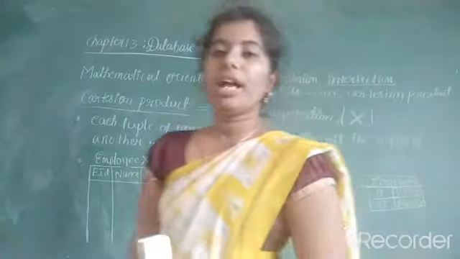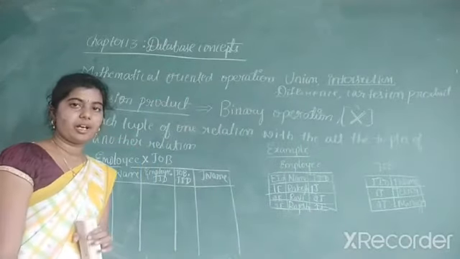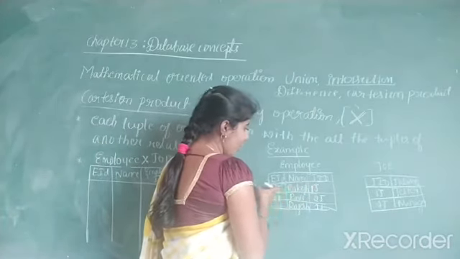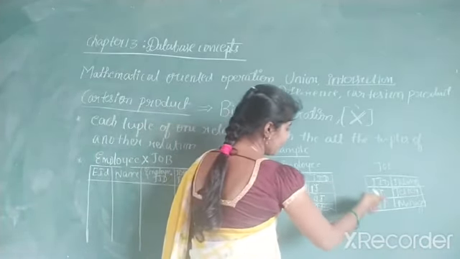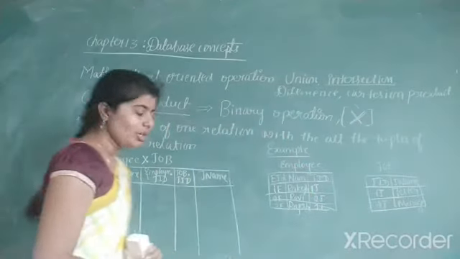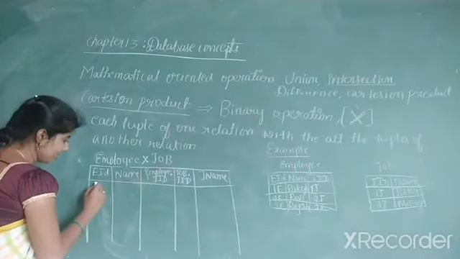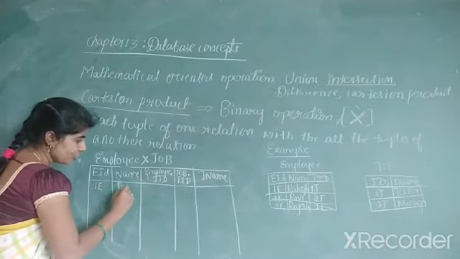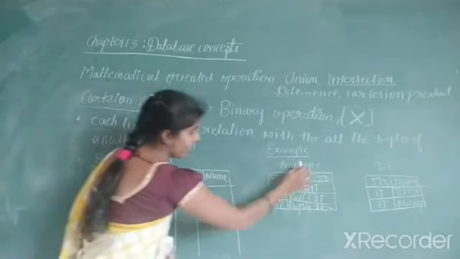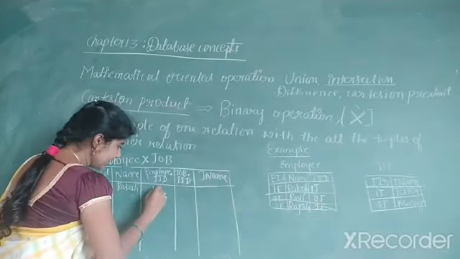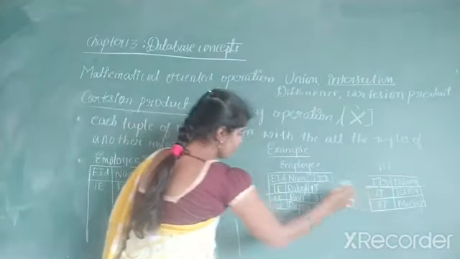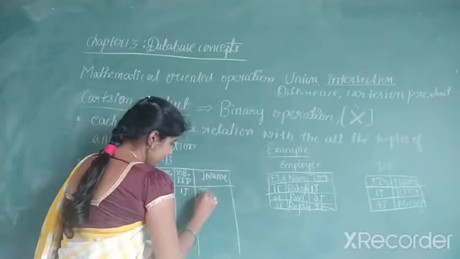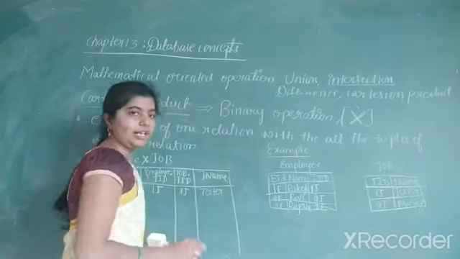Now next we have to do the Cartesian product. So perform the Cartesian product. Consider a tuple of one relation. It must be combined with all the tuples of another relation. So first I am going to take employee ID, that is 1E. Name is Rakesh. Then employee dot JID, the JID in the employee table, 1J. Job dot JID, that is 1J. And job name is tester. This is one tuple, right?